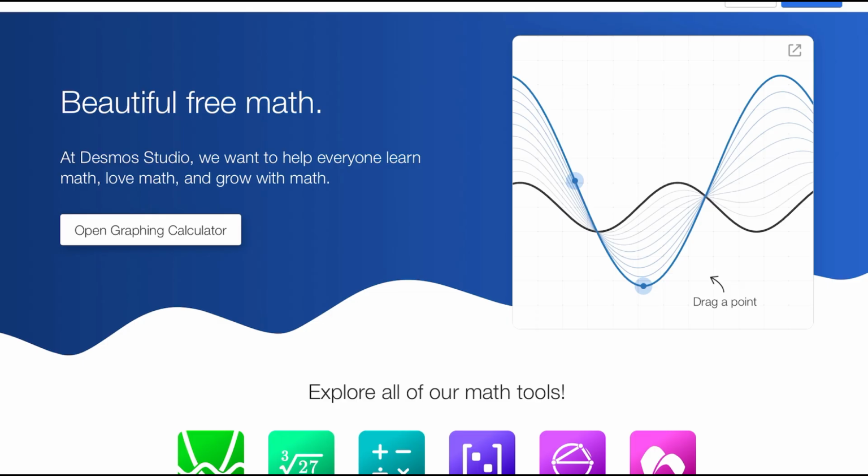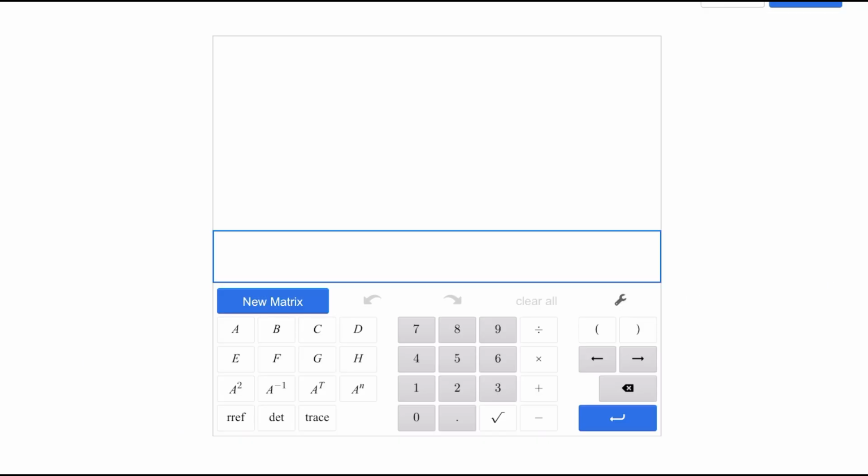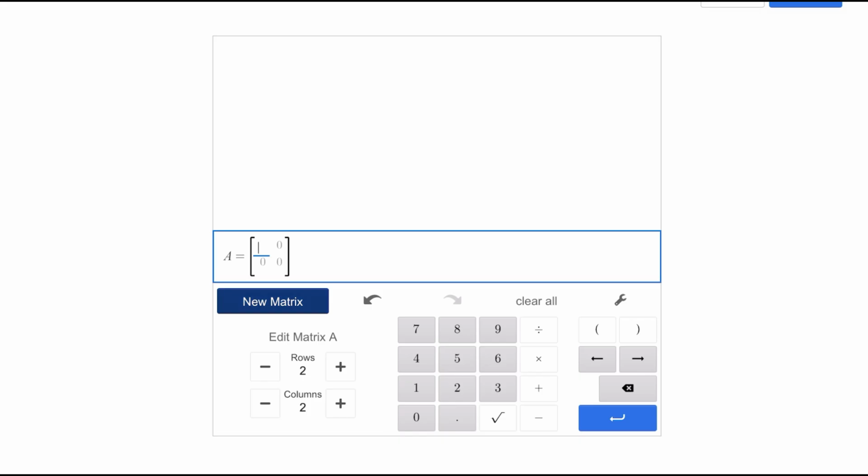All right, this is the Desmos web page, and we want to click on the one at the bottom there, the little purple one, that is for the matrix multiplication. So the first thing we want to do is we want a new matrix, and then the new matrix is going to be a 2 by 3, so we'll increase the number of columns by 1 and start entering the numbers. So we've got 1, click on that, 2,